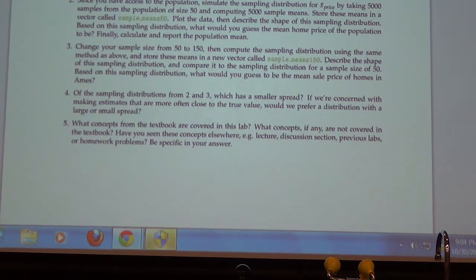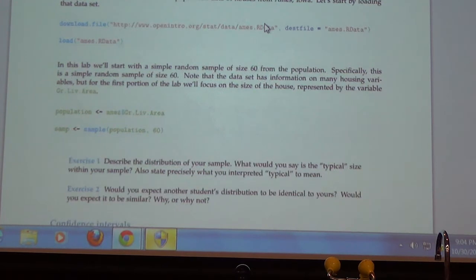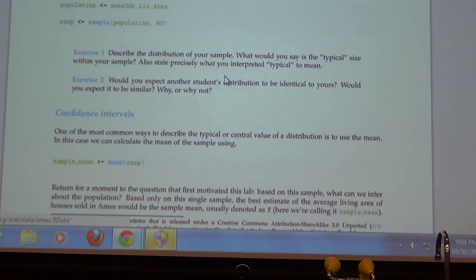We're not using the textbook related to this lab, but it's similar enough. Okay. And then here, the second part of the lab, lab 4B, deals with confidence intervals. Okay, so same type of stuff. The beginning part is the same. It's just loading the data, and now instead of